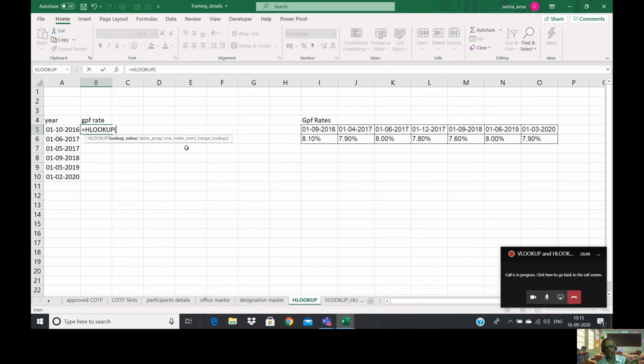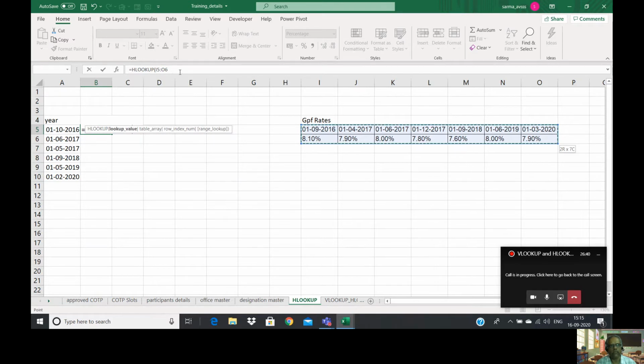That's it. Because in VLOOKUP, when the data is arranged vertically, we are giving columns, right? But here the data is available horizontally. So there you have to specify the row in which the value is available. That is the only difference. Otherwise, VLOOKUP and HLOOKUP both are the same. It works the same, right? So in this, the lookup value is, see, this year, right? And the data is from here, the range, this entire data, right?